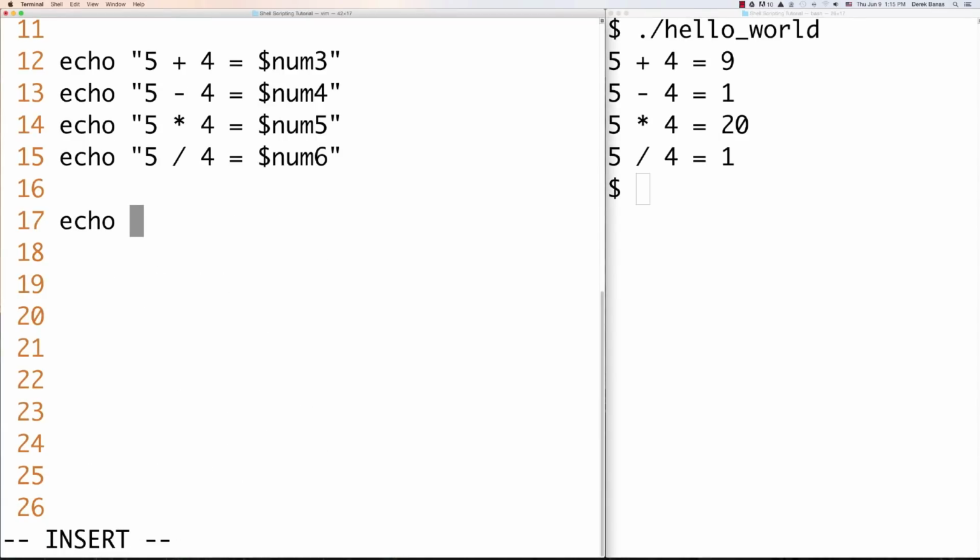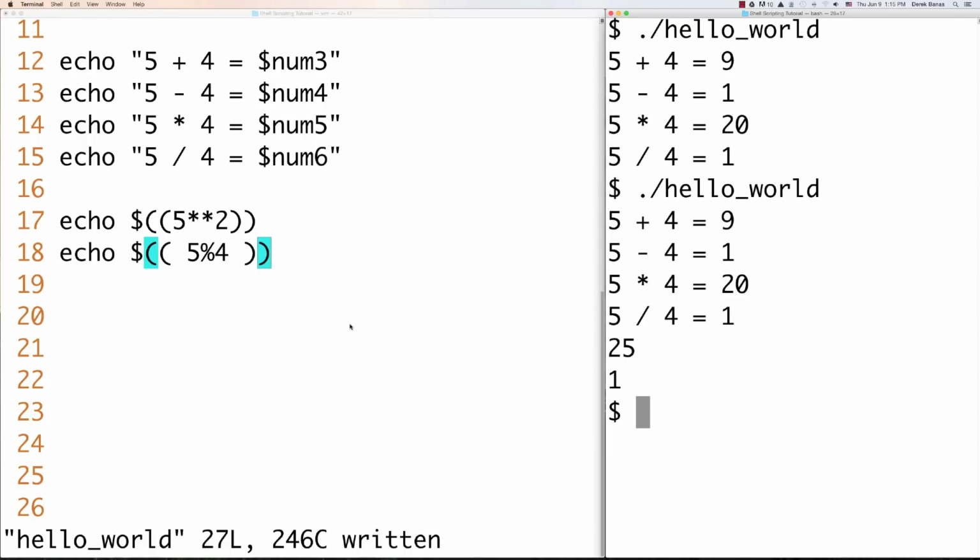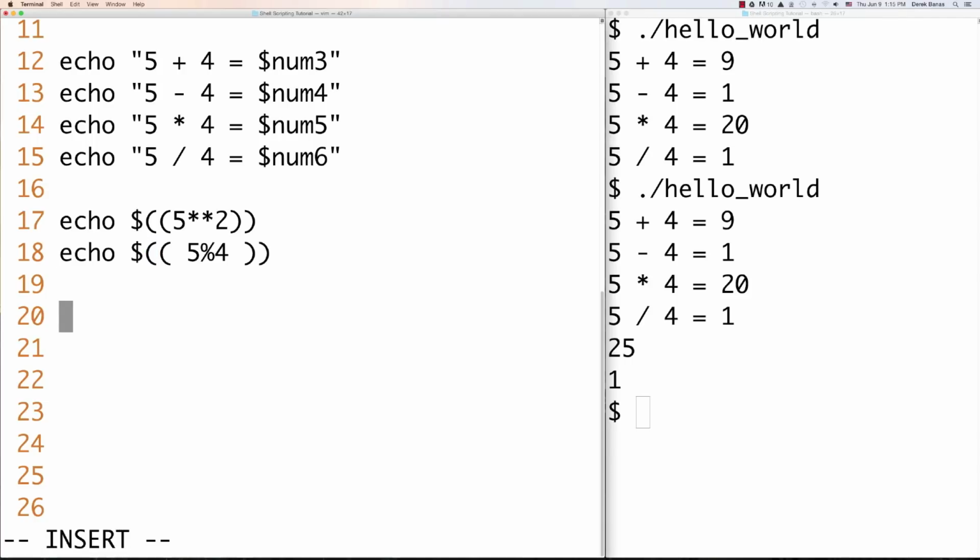We're also going to be able to go echo, and we can use exactly the same parentheses we have here, and let's just do exponents again. So let's go 2 like this, and we can do echo, and modulus is going to return the remainder of a division, and you can put spaces inside of here if you'd like, and you can see that those all calculate out. You're also going to have assignment operators that provide for shorthand arithmetic options for you, and those are